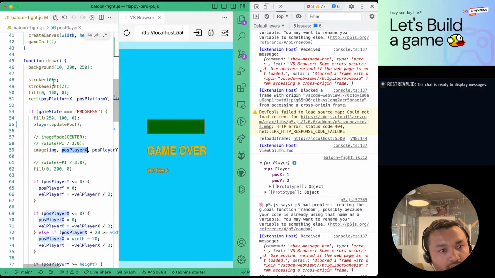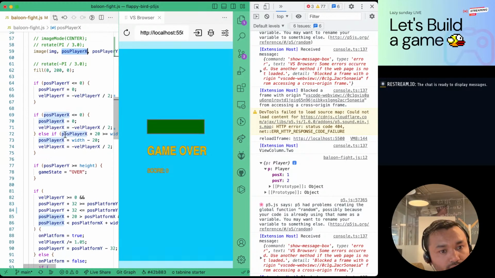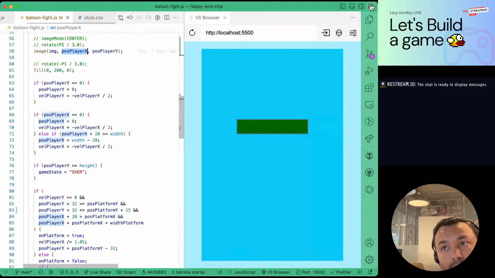I'll try to find all the players. So what are we doing here? What are we doing here? Position player x is less than or equal to 0. So we're trying to keep it inside the viewport. So whenever it hits the wall, we want it to